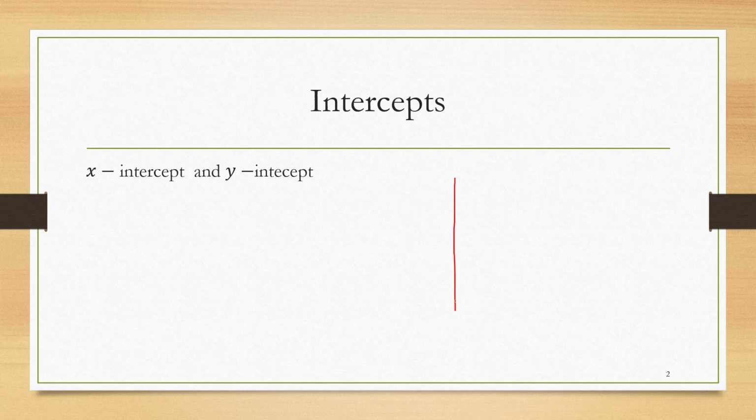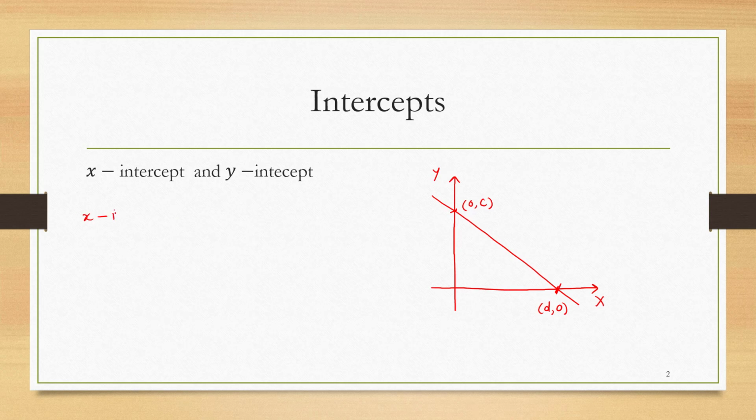See, if we have this y-axis and this x-axis, any line which is neither horizontal nor vertical will intersect the x-axis at some place as well as the y-axis at some place. Now the coordinates of this point will be (d, 0) and the coordinates of this point will be (0, c). Then this c is called the y-intercept and this d is called the x-intercept.